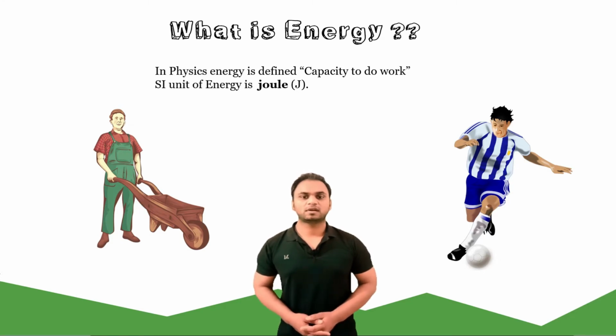What is energy? Energy in physics is defined as capacity to do the work. It is a quantity property that must be transferred to an object in order to work or to heat. For example, we all human beings need energy in form of food. The machines, the automobiles need energy in form of diesel or petrol. Energy is a conserved quantity.